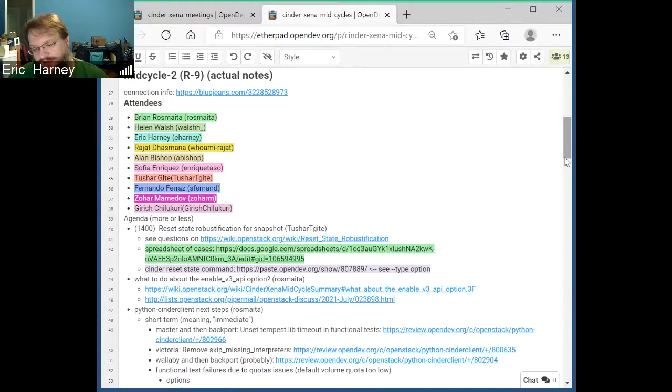Well, you can run reset state and set it to available, but then you end up with an inconsistent volume in Cinder, because it's set to available but there are still attachment objects in the database because you didn't say to clean those up. We want to prevent admins from doing things that just result in invalid states of volumes, snapshots or other objects.